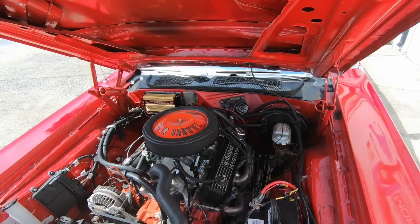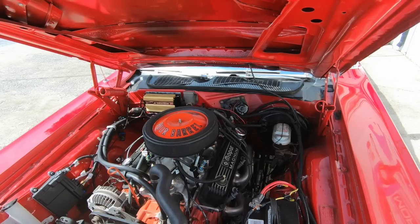Okay, so we've got the hood popped on Alan's Challenger here, and he told us he pulled the 318 out. Tell us what we have in here now. You know what, this is the crate engine direct from Mopar that you can still buy. 360 high performance, about 500 horsepower I think, or real close. A couple years ago when Pro Stock went to EFI,